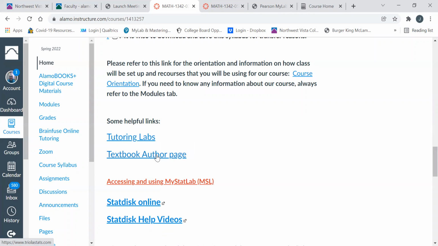Accessing the ebook, and we're going to be using My Stat Lab for this course. To get access to that, you guys already paid the tuition. You did not have to buy any books or anything else besides the textbooks. It's already been paid for in your tuition. To get access to that, you're going to have to click on Alamo Books Digital Course Materials. You click on that. When you click on that,